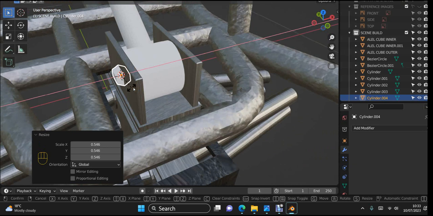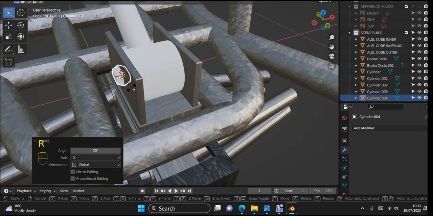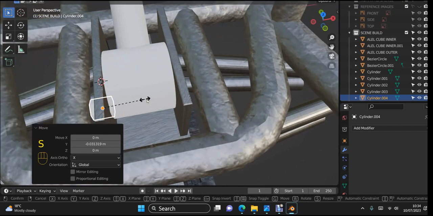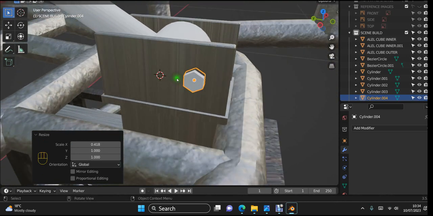RX90, RZ90. Grab it on the Y, scale it on the X. Ooh, that alarm's gone off again. Apologies, I haven't got it finished yet, but